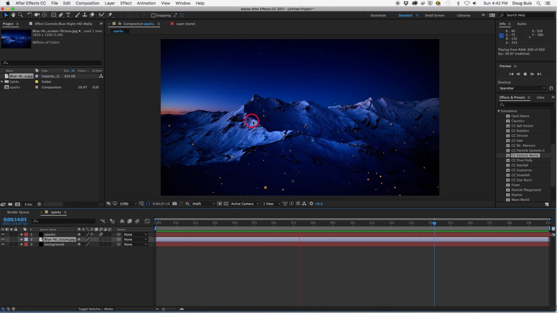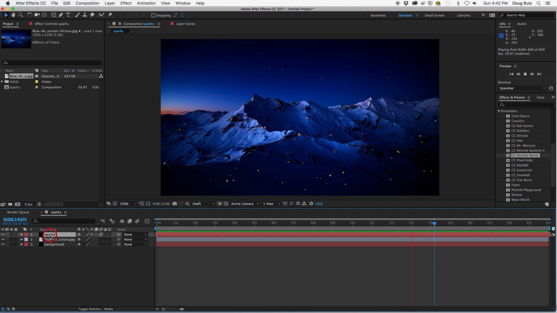What I'd like to do is to make it appear that the sparks are just coming from in this little valley that looks a little bit like a crater. So the first thing that we want to do with the sparks is change the diameter on the x-axis and kind of raise it up a little bit and then put another layer on top of this. Okay, so we go back into sparks,